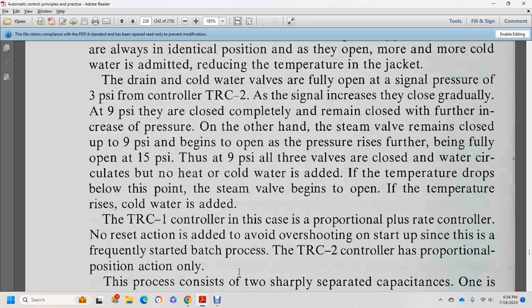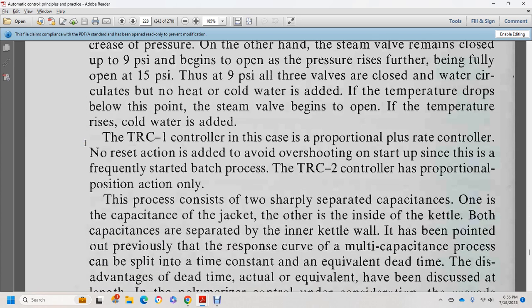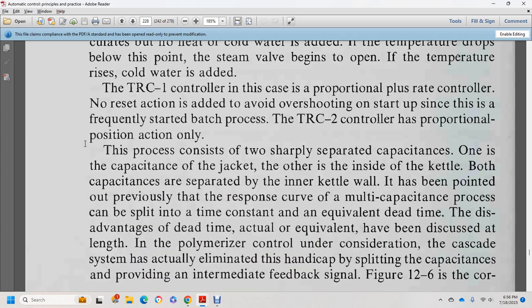Temperature recorder 2 has proportional position action only with the process because the two are sharply separated capacities, one with the jacket, the other inside of the kettle, both separated by the inner kettle wall. It has been pointed out previously that the response curve of the multiple capacity process can be split into the time constant and equivalent dead time. The disadvantage of the dead time of the actual equivalent has been discussed. The cascade control system actually eliminates the handicap by splitting the capacity